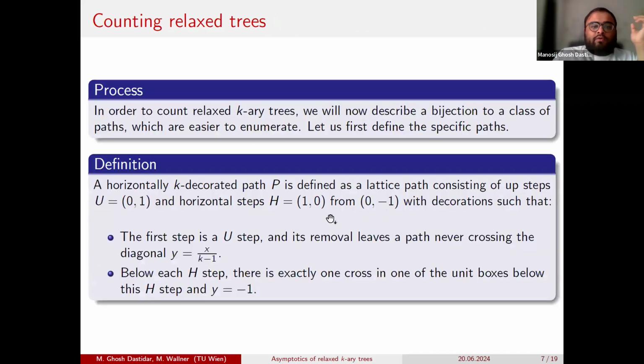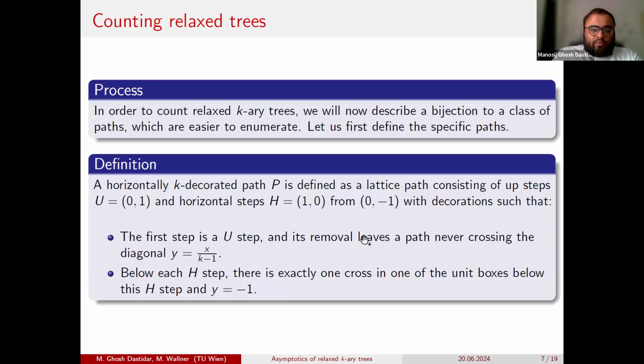Okay. So in order to count the relaxed k-ary trees, we will give a bijection to a class of paths. We do this because this makes it easier to enumerate. We define here something called a horizontally k-decorated path, which consists of an up step (0, 1) and horizontal steps (1, 0), and it starts from (0, -1) and is given decorations.